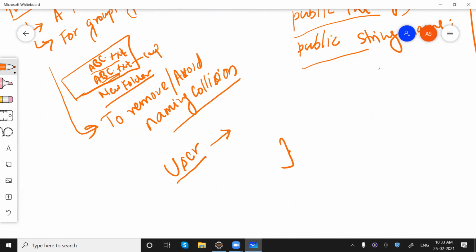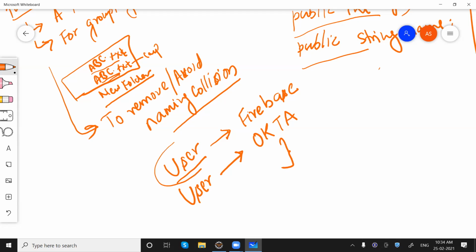For example, we have integrated some authentication in our application, let's say from Firebase. Firebase provides a user management API, and we have one more class that we are getting from Okta. Okta is another IDP. So these two classes we have.